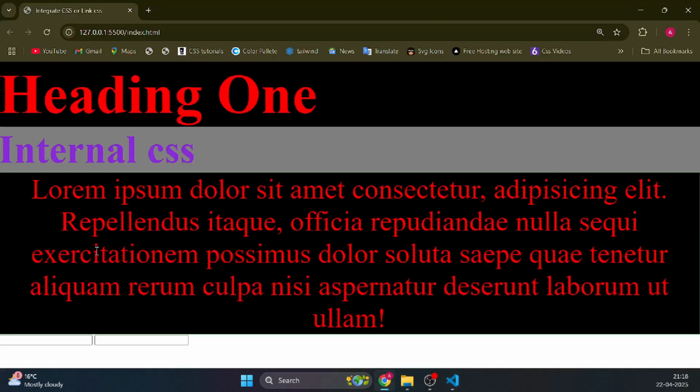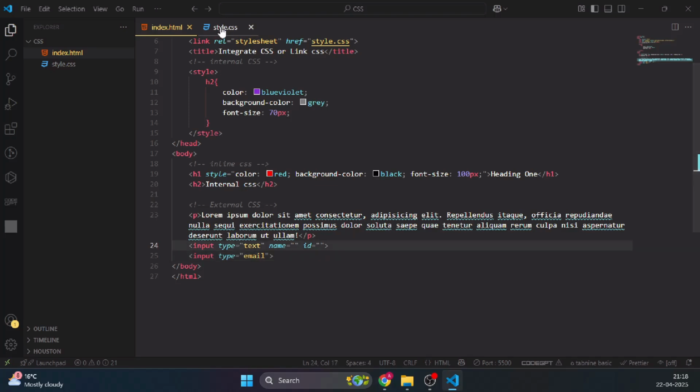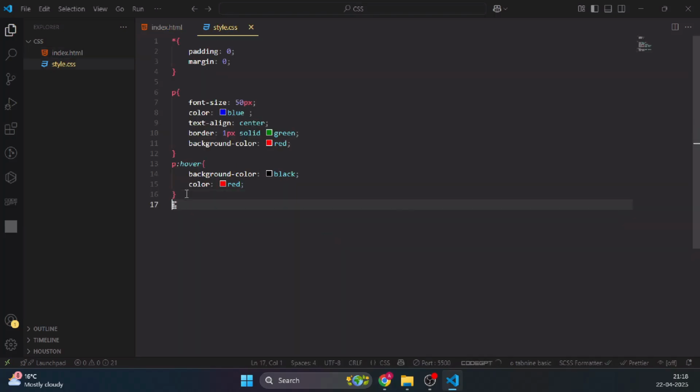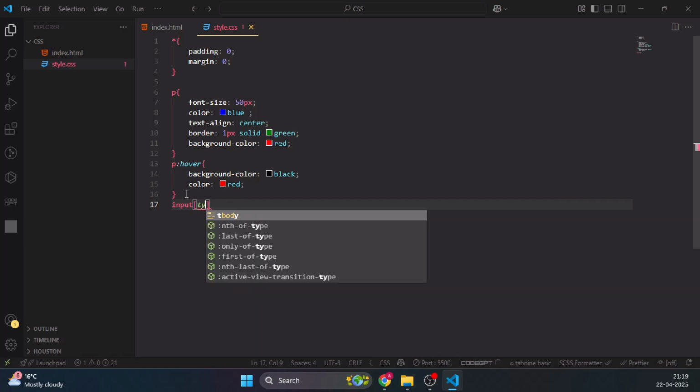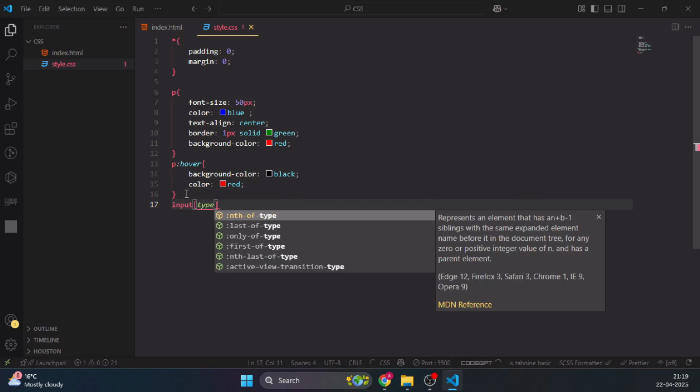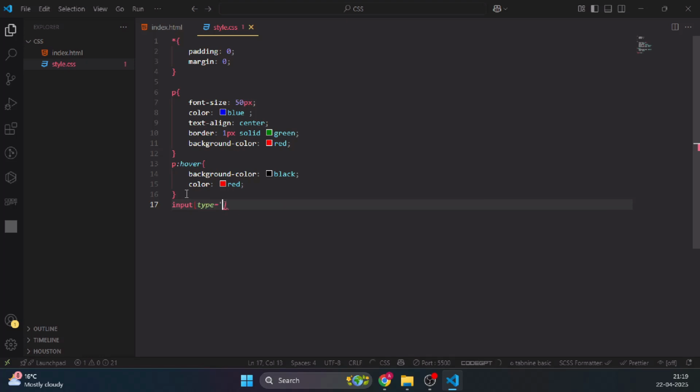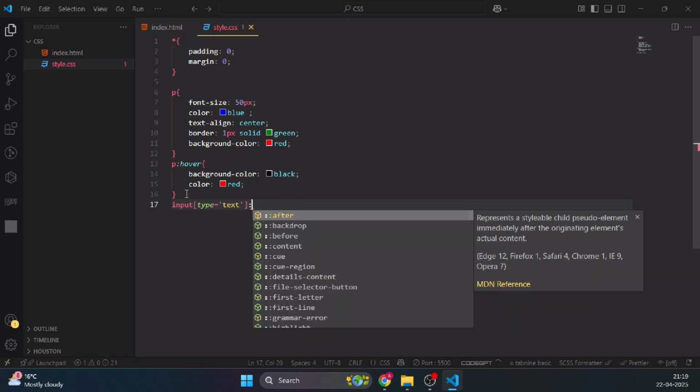Then you can see both are there. Suppose I want to select this one, I can use input, text, then